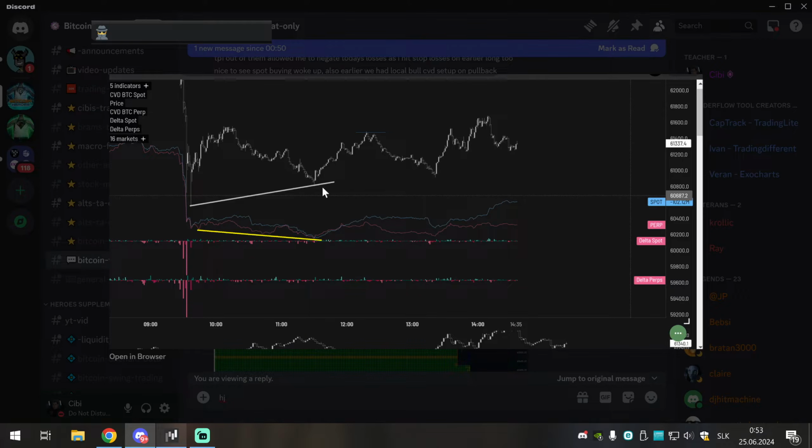This is not execution. You don't take trades right away from this reading here. You take it from the Exocharts and other tools, but it's supportive for you. If you have bull CVD, you definitely like to buy the pullback. And once market is pushing to the upside, this is the initial point of the CVD establishment.